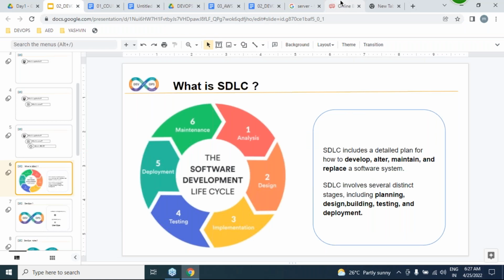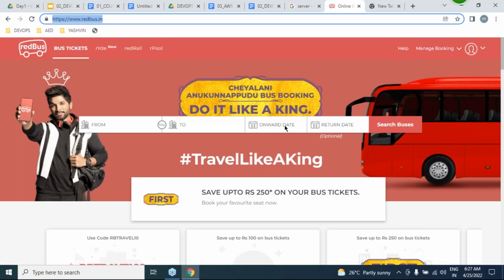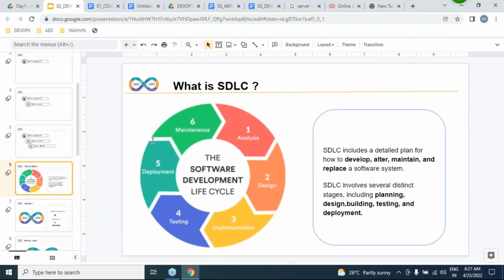That's it, our job is done? No. Whether this application, this website, is working or not, we have to maintain and monitor it. So this is the entire flow.